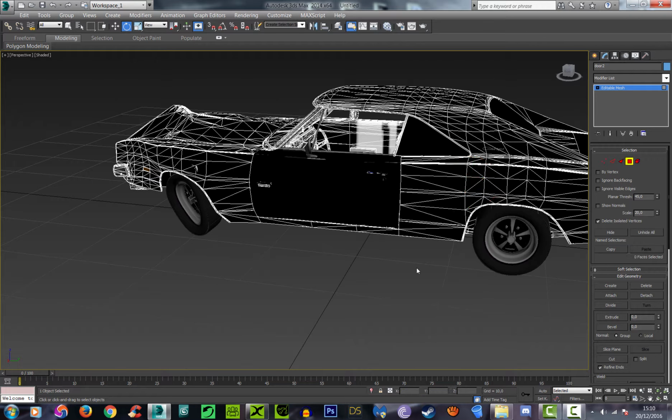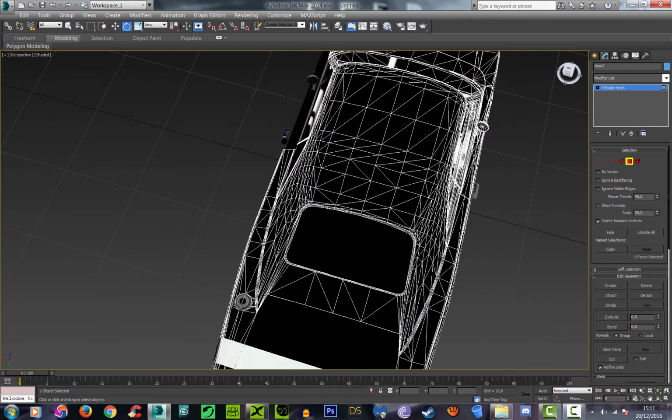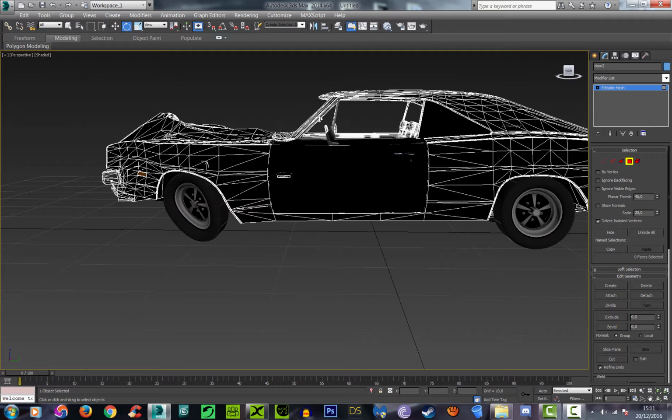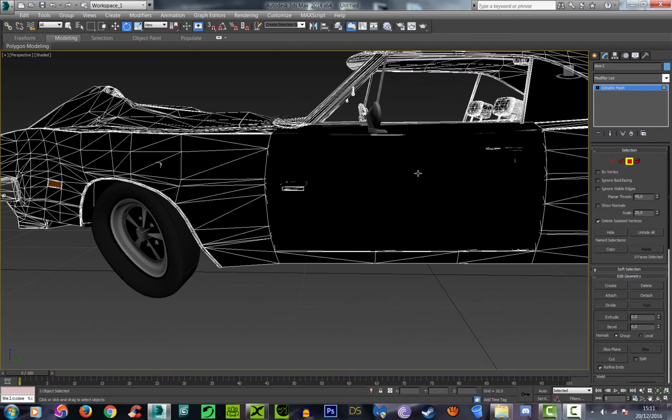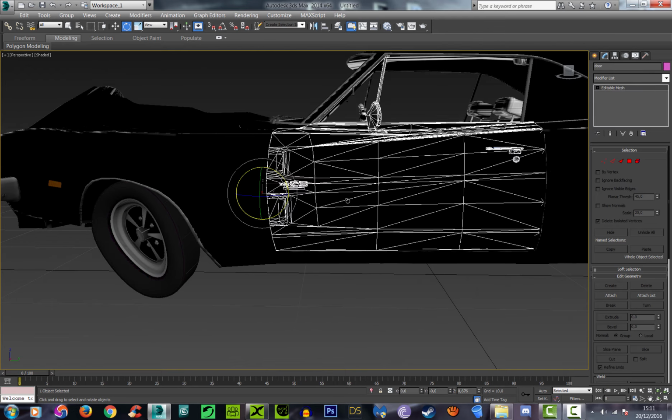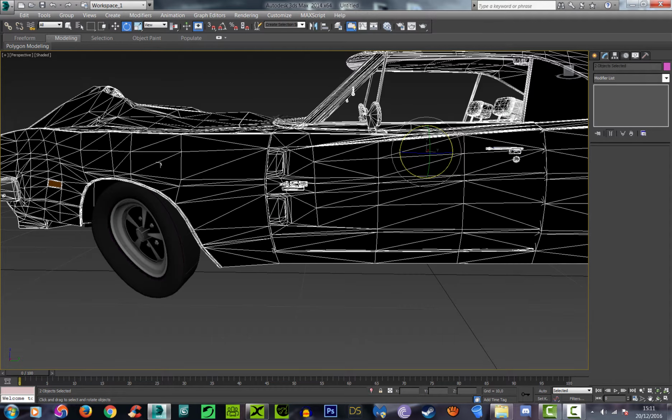So have in mind that sometimes there are meshes you cannot take out, like the door, because it is not made for it. In this case, the door is complete with inside and outside. Now imagine the door has no inside, so no inside meshes. It's possible to take it out, yeah, but imagine now that the meshes, like you select this here, and you see that the poly cuts here in the middle,